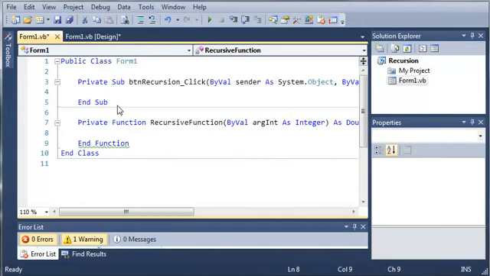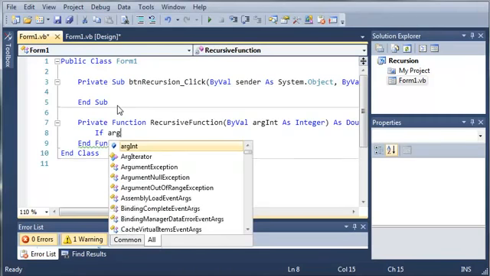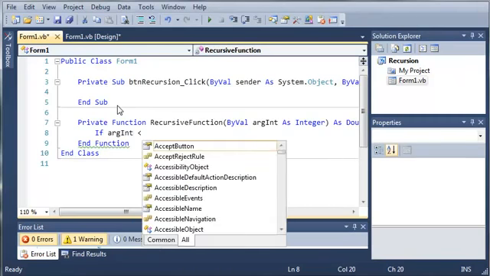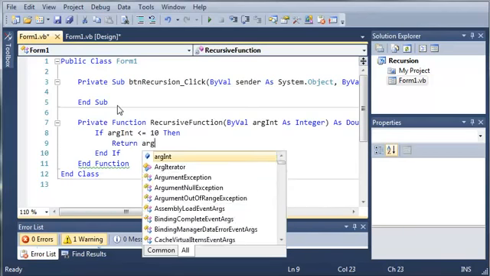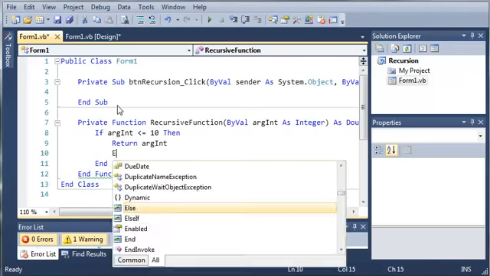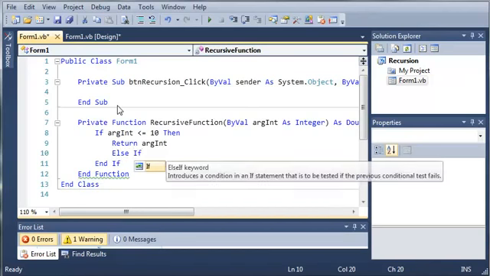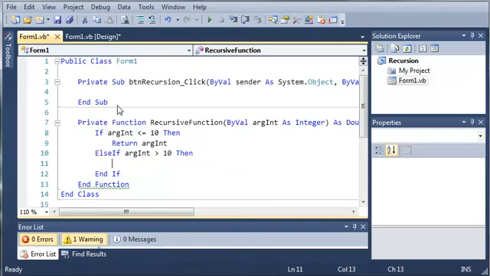So now let's go ahead and create an if statement. If argint is less than or equal to 10, then let's go ahead and return argint. Now, else if argint is greater than 10, then let's go ahead and call this function again. So we will return